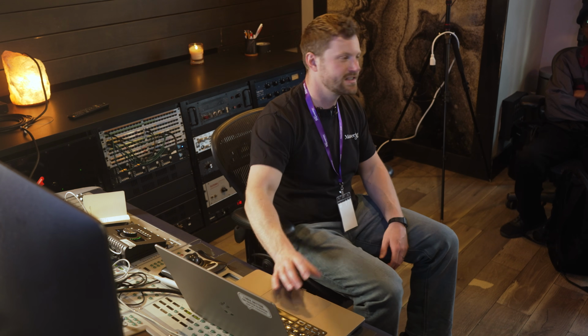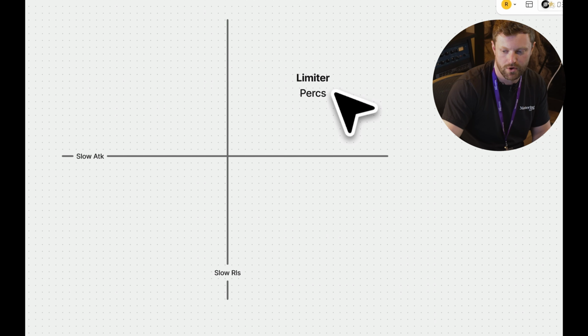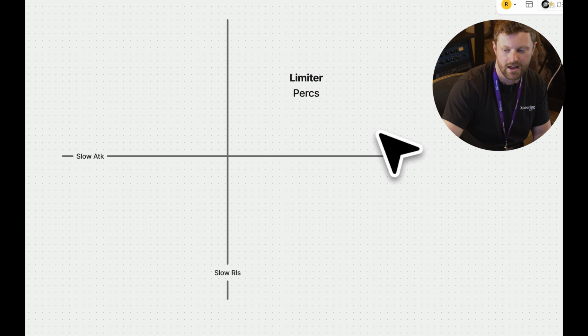But fast attack, fast release, generally that's not something we would do for tone. That's something we would do to control transients, to free up headroom, in which case we can just use a limiter or a clipper. So that's fast attack, fast release. And we'll get into some other considerations there. But